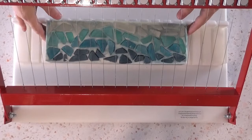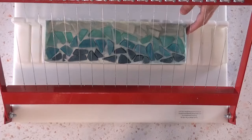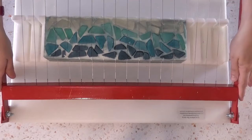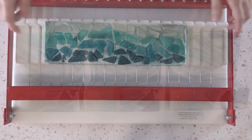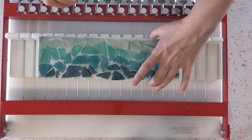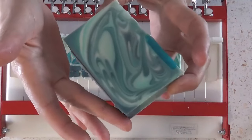So I'm really hoping this is cool. This fragrance moved slow. It was great for doing the Luna swirl. It also took forever for it to set up enough that I could put the sea glass embeds on top. I had to wait a while. Ooh,